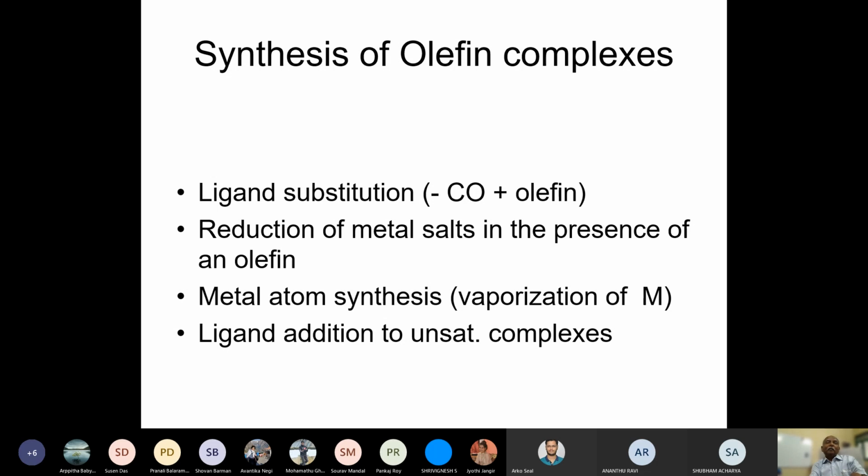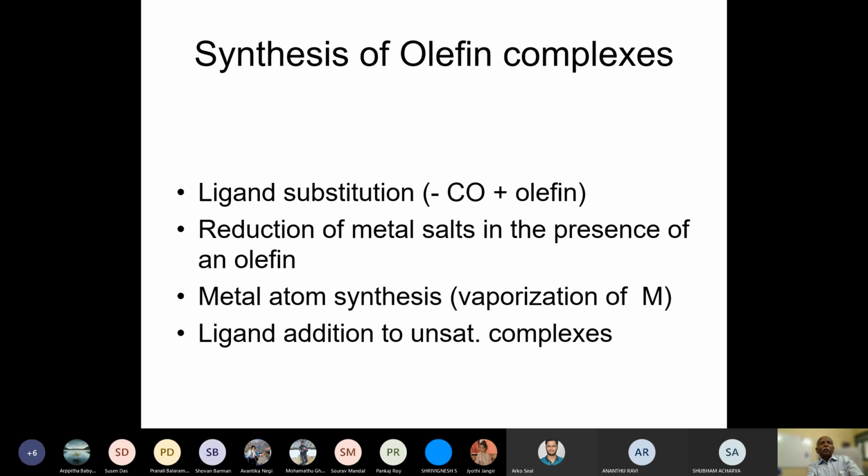You notice that there is a give and take. So, if you have a very positively charged metal complex, just as in carbon monoxide, the metal is not going to interact strongly with the olefin. Why? Because if the metal is positively charged, then it's going to be reluctant to give back electron density into the olefin. And that is exactly what we found for carbon monoxide also. Because of this give and take, we want the metal in a zero valence state, or we do not want the metal to be ionized very strongly.